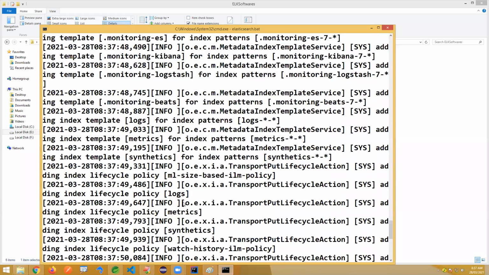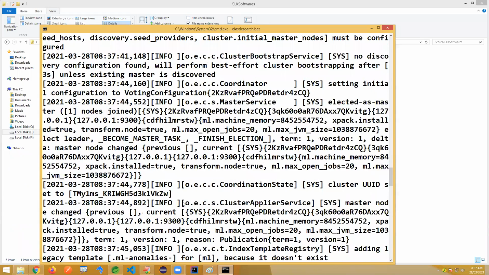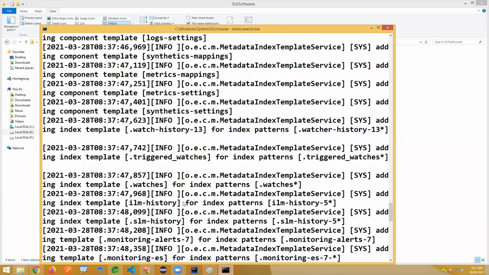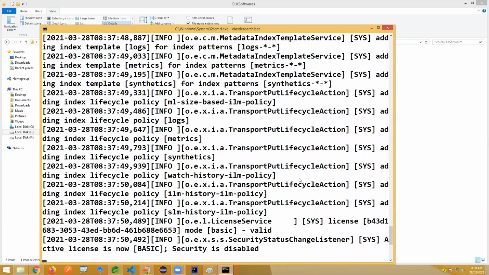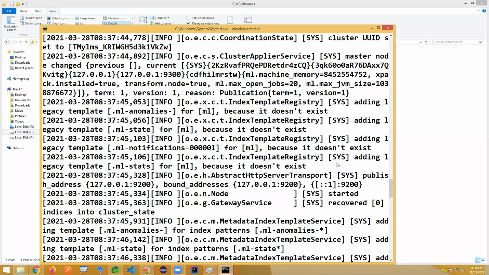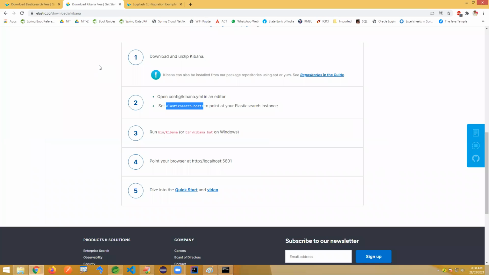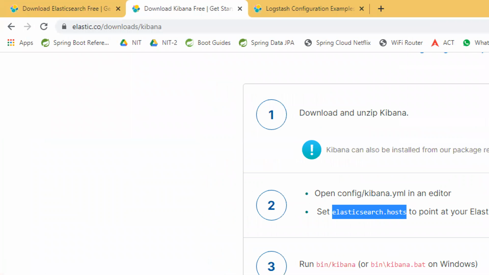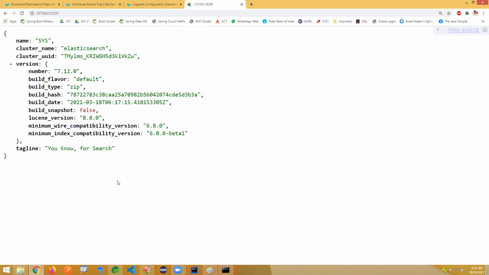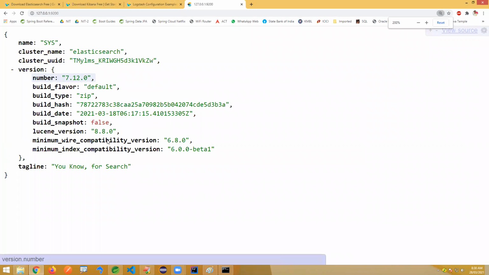Once it is started, you can see the port number. It's 9200. You can see it here. I'm just entering this URL to cross verify whether Elasticsearch started or not. It will show details like the cluster name. Just for confirmation, if you are able to see this JSON content, yes.